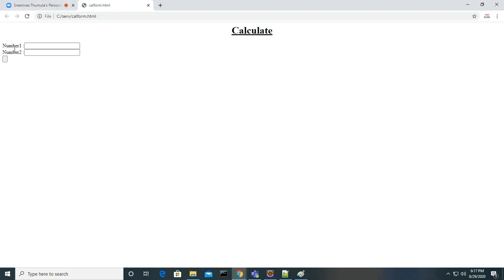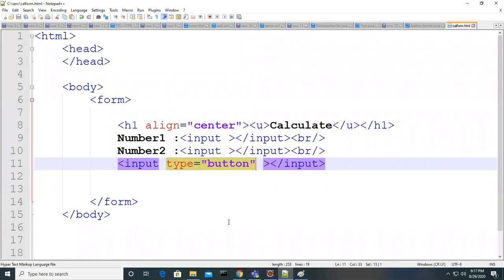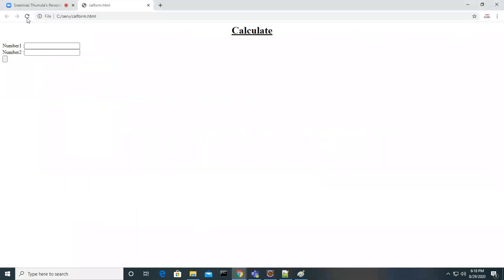So number 1 and number 2. If you see that button, can you see any text here? It's a button actually. It got changed from a text box to this button. And now the value, I'm just giving attributes, guys. These are all the attributes for this tag. I gave the type attribute, and now I'm giving the value attribute. I'll say add. So look at this add button. You got it, add button, right?